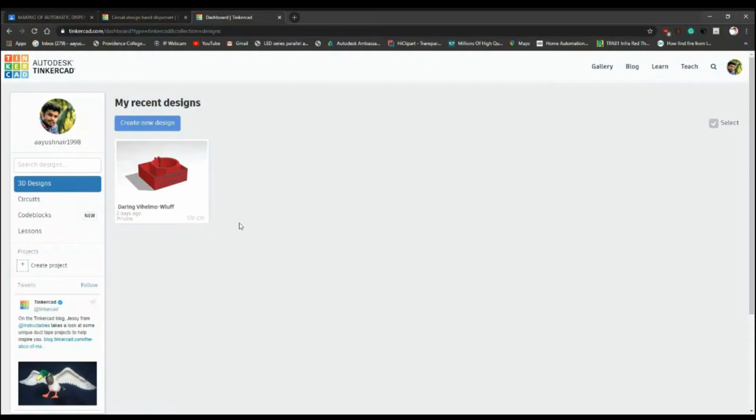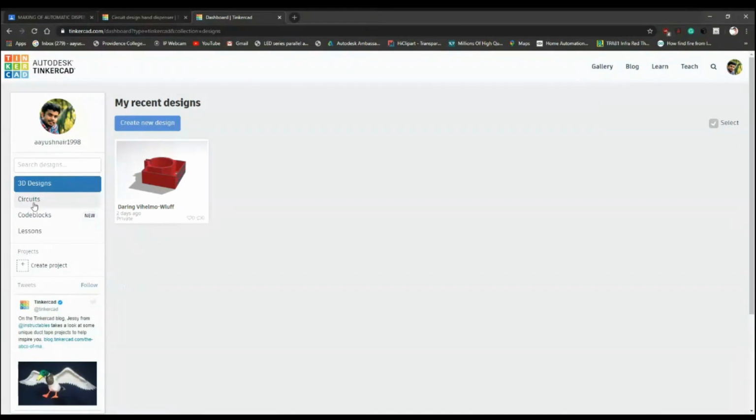This is the dashboard that we get in our Tinkercad after logging in. First of all, let me teach you what all things the Tinkercad has, what all these software features are. The first thing is the 3D design. We can design anything that we want using the Autodesk Tinkercad, so it's basically a modeling software. You can see here I have designed something, and all your designs will come onto this dashboard itself.